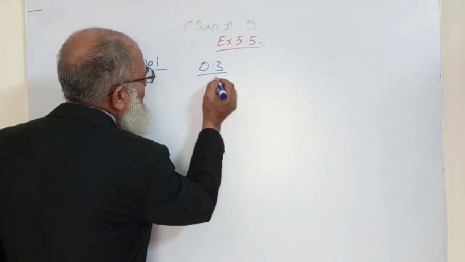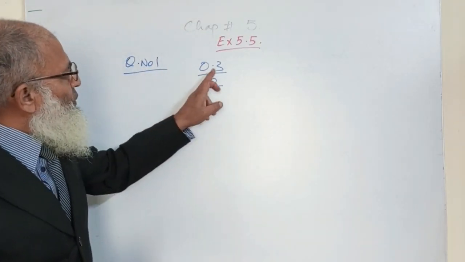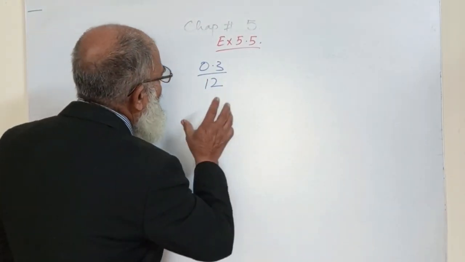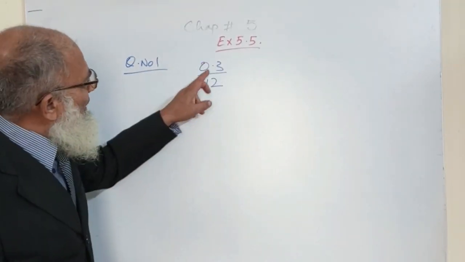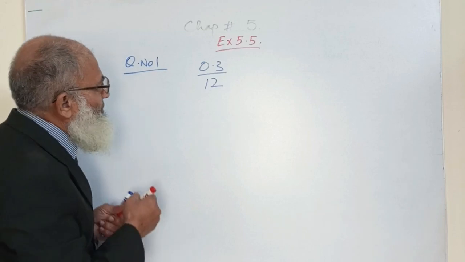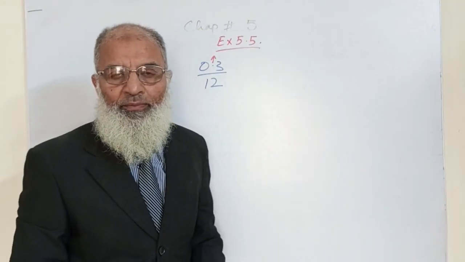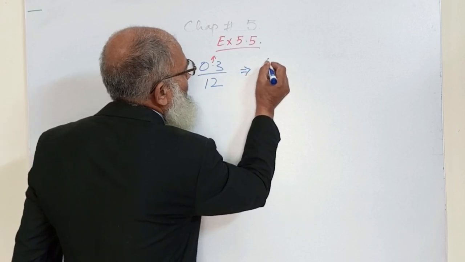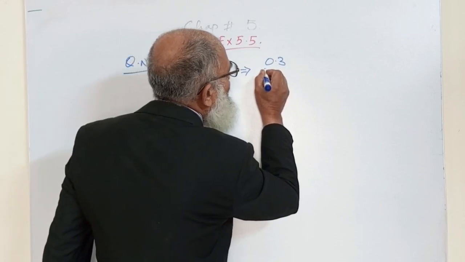Now we are given this fraction, which is 0.3 divided by 12. Now, first of all, what we have to do is get rid of this decimal. This decimal has to be removed, which is very easy. Now, this is 0.3. If you want to remove this decimal,